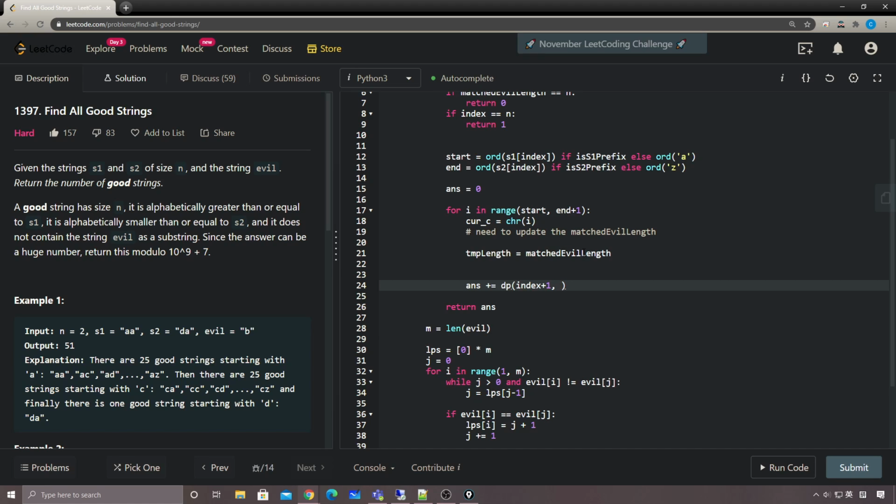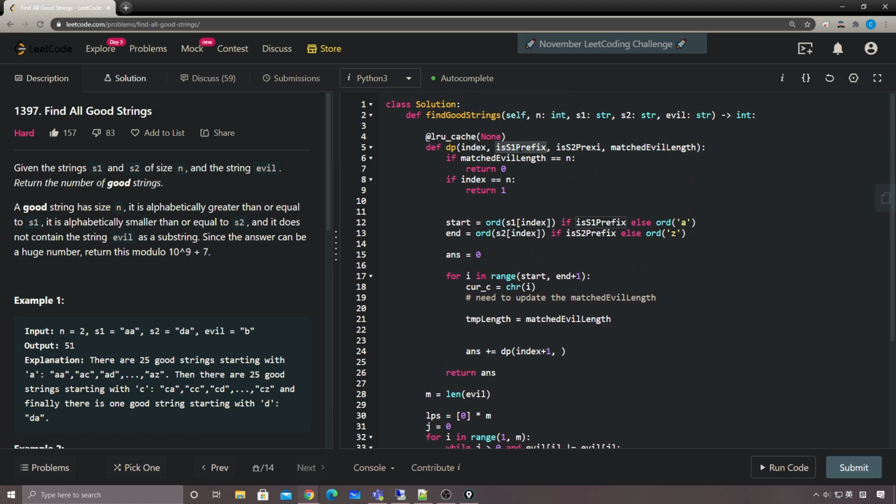And here we also need to update this is S1 prefix. How can we do that? Based on the current C here, we can simply update that. If previously this one is true and the current C is the same, if this I is the same as the